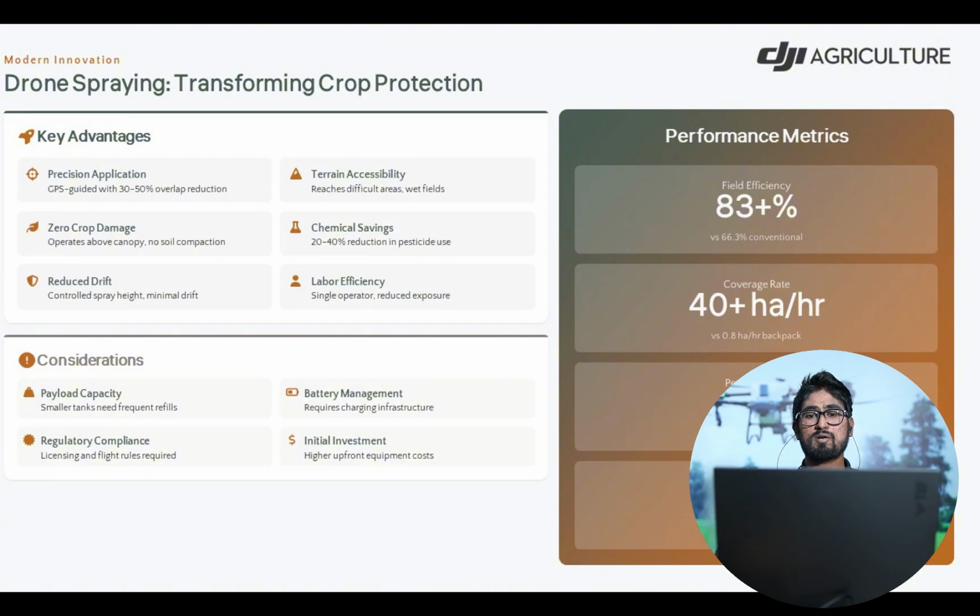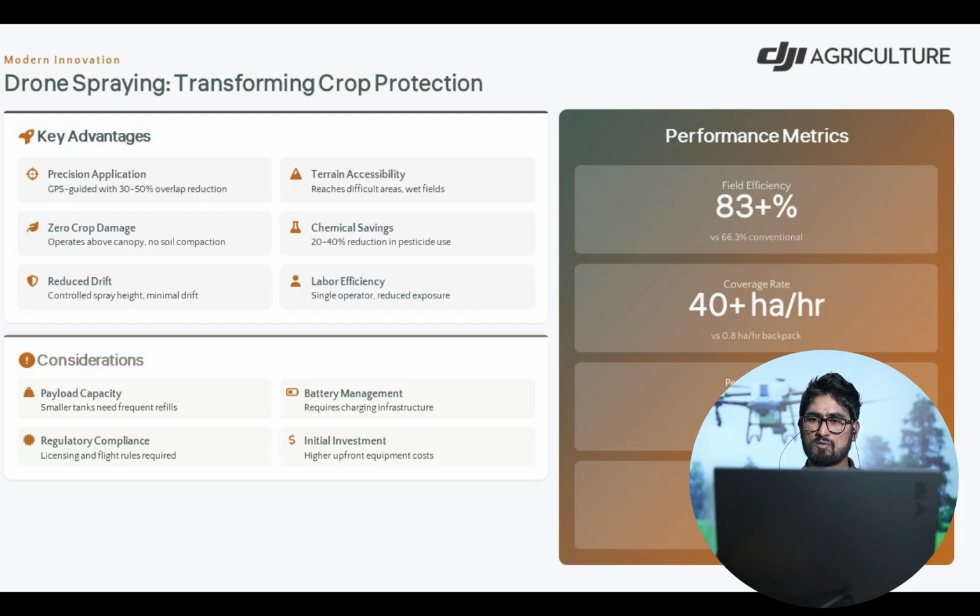And also battery management, we will require charging infrastructure for battery management. And also most countries have regulatory and compliance requirements, so a license is a must to fly in most countries. And compared to conventional spraying, the initial investment is high.